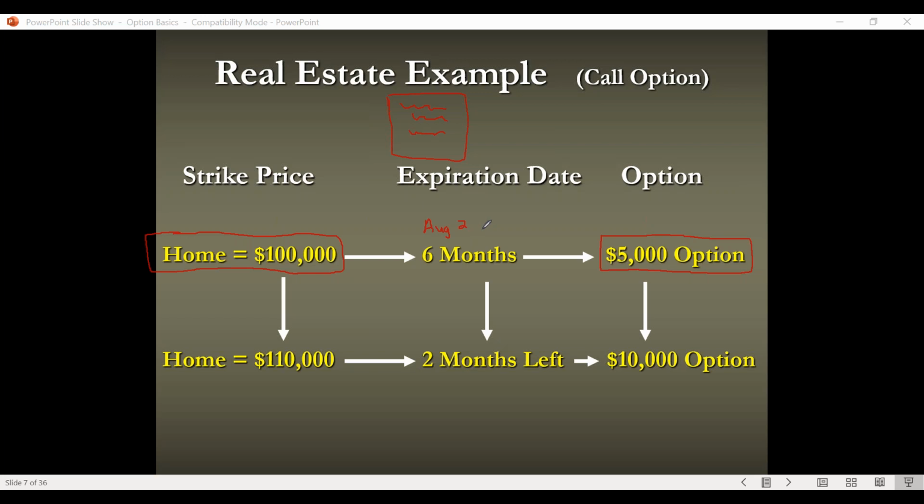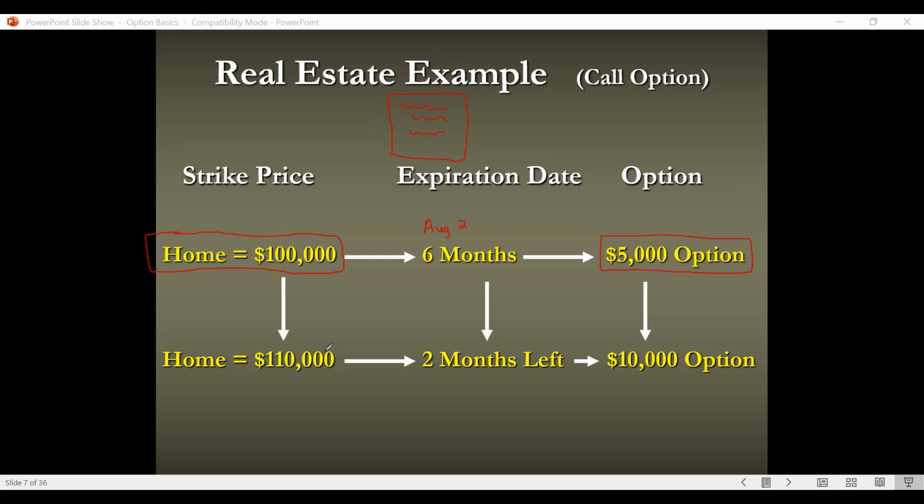Now, why would I do this? What's my motivation for setting up this transaction? Well, because I know something that you guys don't, and I know that home prices are moving up quickly, and I believe this home is going to be more valuable in 6 months than it is right now. You can say, well, then why not just buy the house? Well, you're going to see why I'm doing it this way.